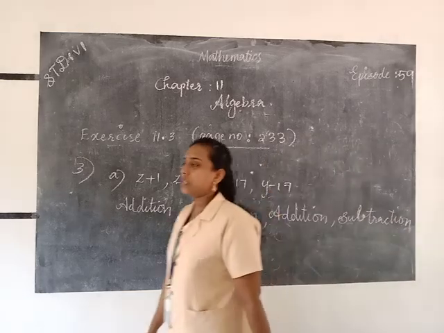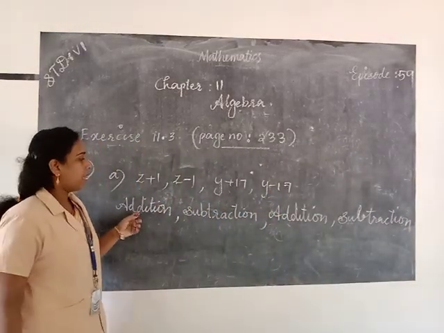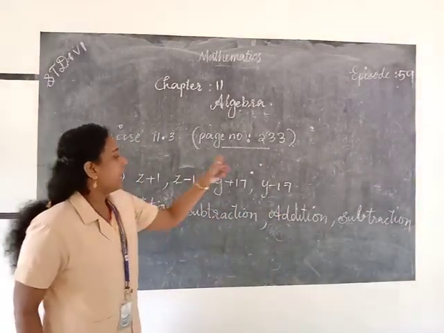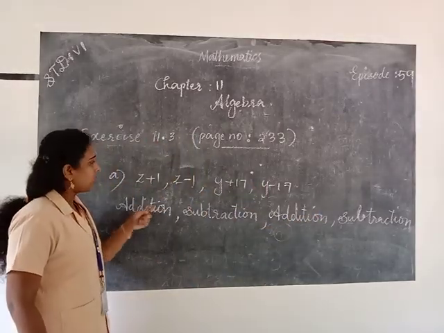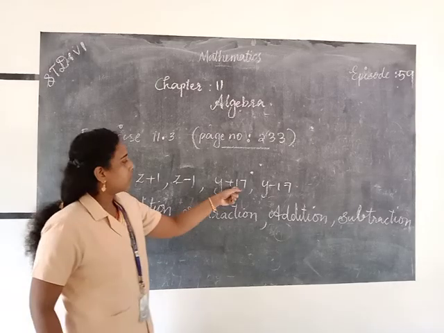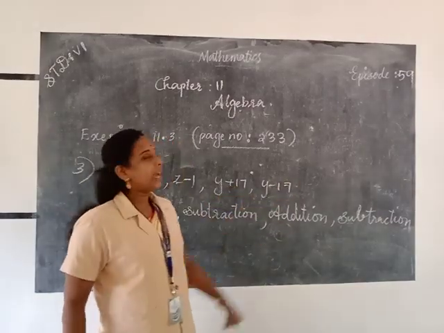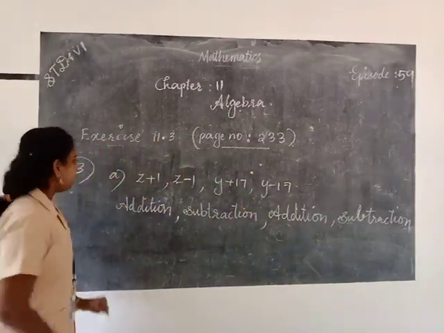And here the expressions are formed in the form of first addition, then subtraction, again addition, subtraction. Okay, so the first operation is addition, second one is subtraction, third one is again addition and subtraction. Then the next question B.